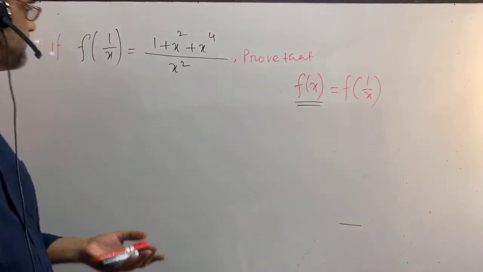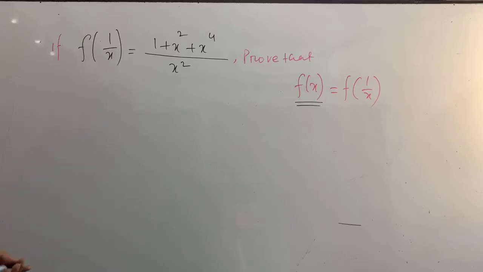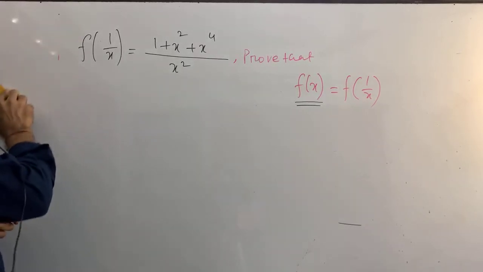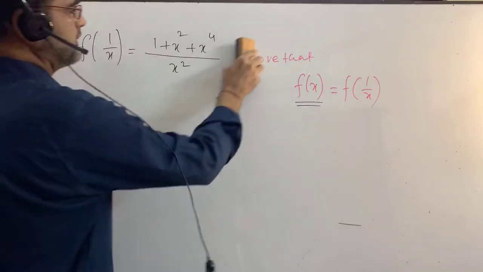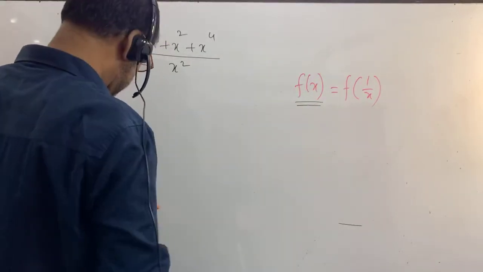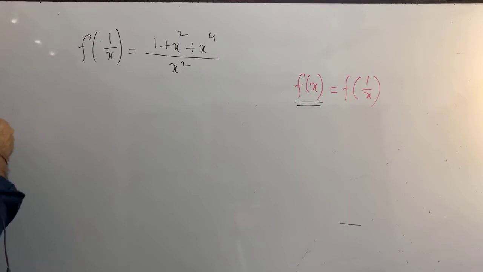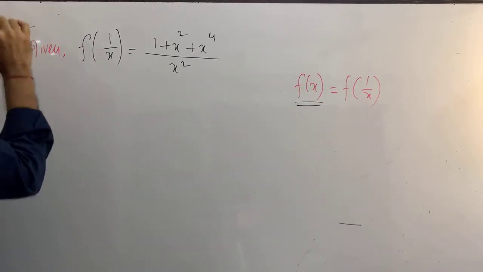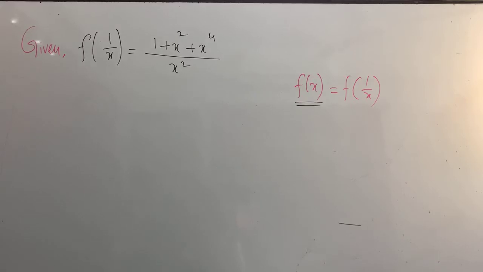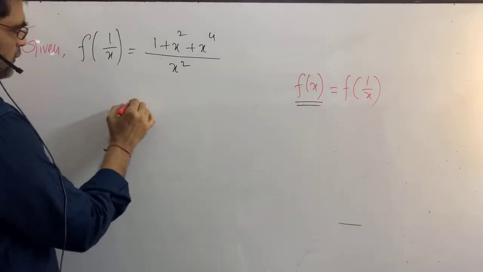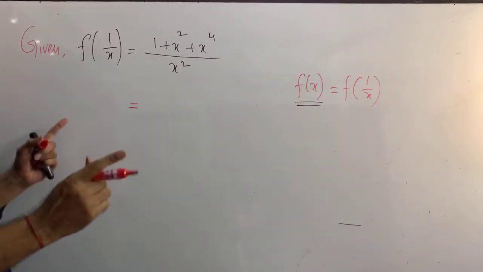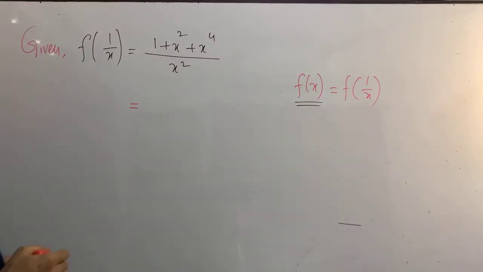anyway, I am going to do this math. You see, it is given, right? Write down, it is given. Write down, it is given. The given parts. Dear students, I told you it is 1 by x and it is x. So there's a difference, you know. Okay, let's do.